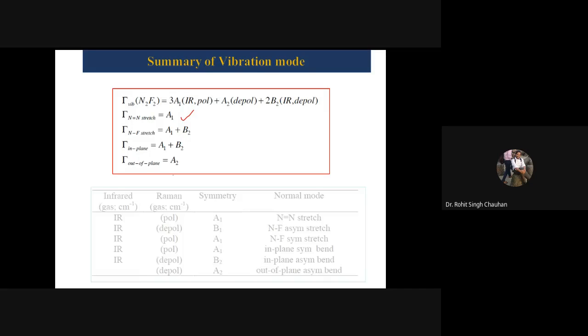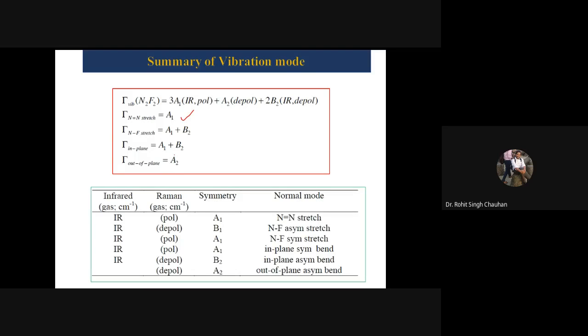Now I will summarize the whole thing. The total vibration modes you have calculated are 3A1 plus A2 plus 2B2. This is from the first slide. Then with respect to the NN bond, that was A1. With respect to NF, you found this is A1 plus B2. With respect to in plane, it is A1 plus B2, and the remaining is out of plane, that is A2. So this is the whole information. If you see the IR spectra of the N2F2 molecule,